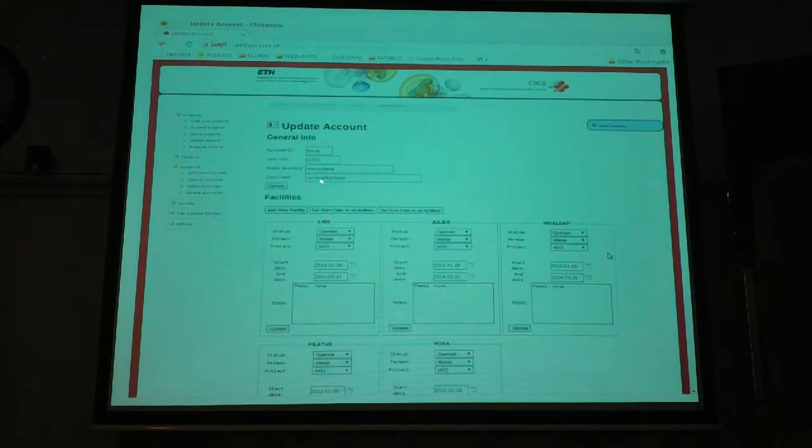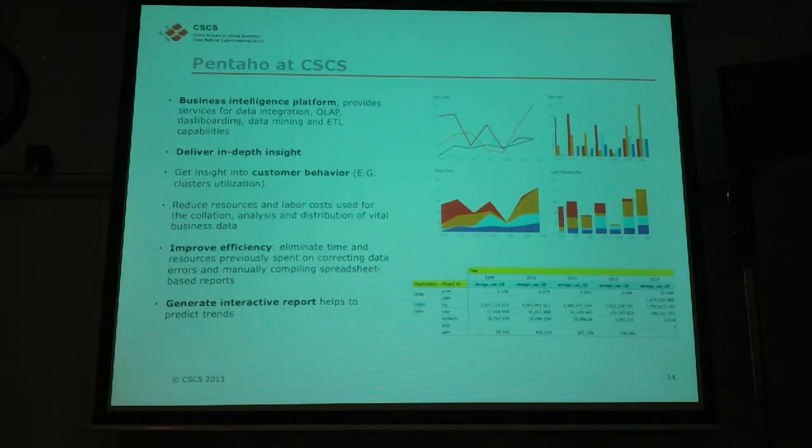For every account, you have a list of the facilities related to the account with the expiration date. And then this is my last